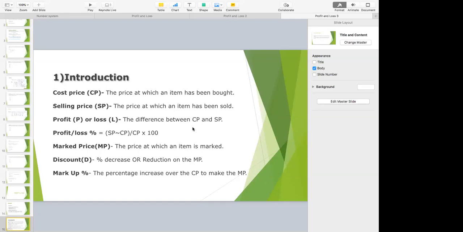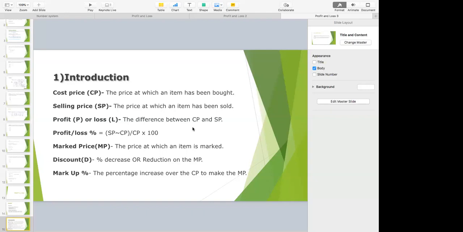Yes. In case of discount, SP and MP would be different. Markup percentage is not the same as profit percentage. You get a profit when you sell an item at a price higher than the cost price, while markup percentage is nothing but deciding how much percentage more than the cost price you are planning to put the MRP.